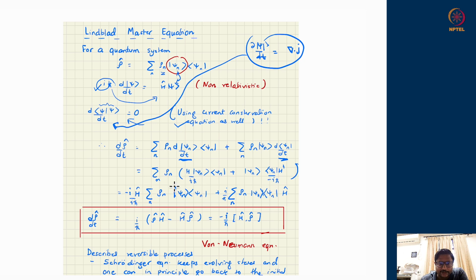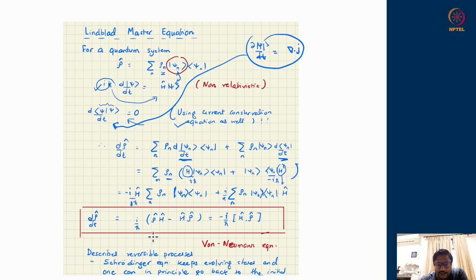So you see I have two terms, where one has minus iota h appearing first. For example, in this term h appears first, and then this pn can go in with the summation inside, and it will convert for itself into the density matrix. So 1 by iota h bar is a common factor if I write it like minus iota upon h bar, then Hamiltonian appears and density matrix, and in the second term the density matrix appears, then Hamiltonian appears. So H dagger appears at the last, which is equivalent to H.